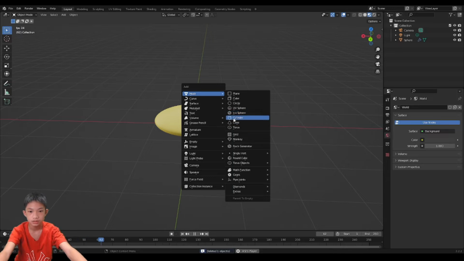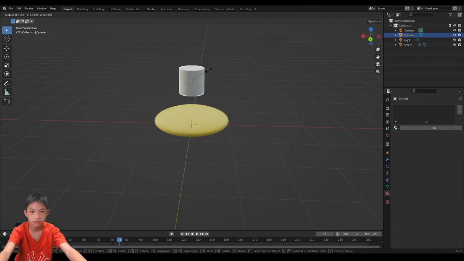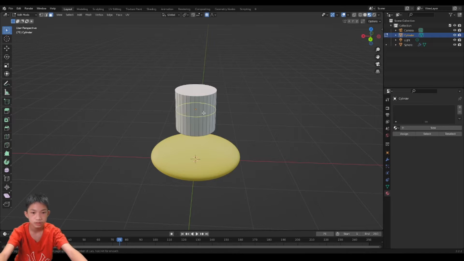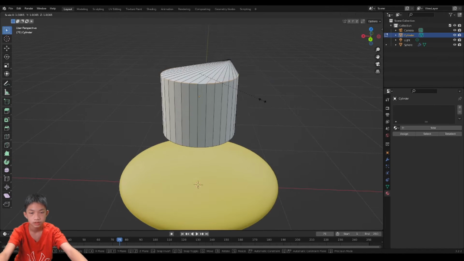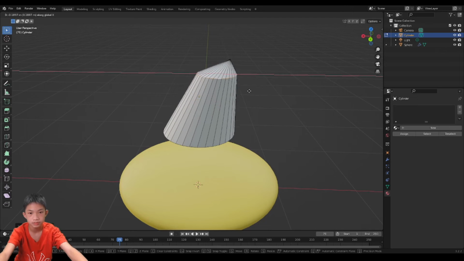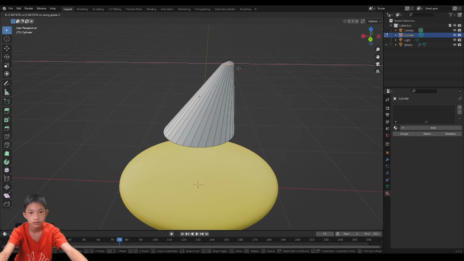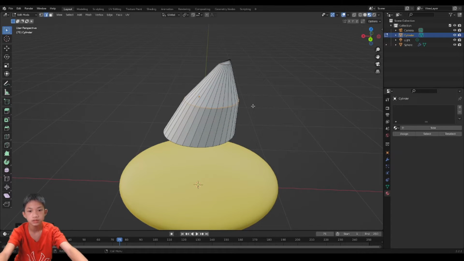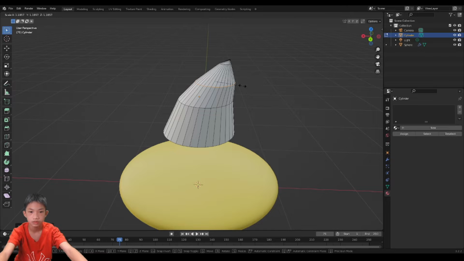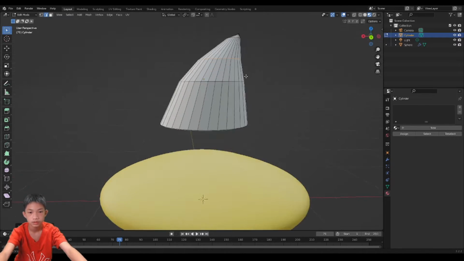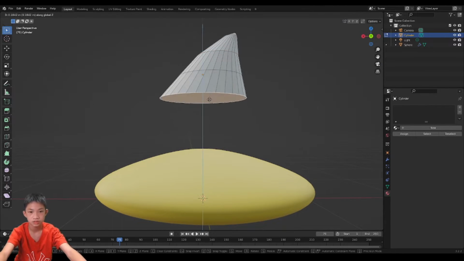So just add a cylinder, move it up, scale it, and then loop cut it, move it up, turn off proportional edit, move it up, scale, merge the top face, move it to the side about this much, scale it, move it, and then loop cut here, kind of make like a cone shape, a kind of twisted, distorted cone thing,